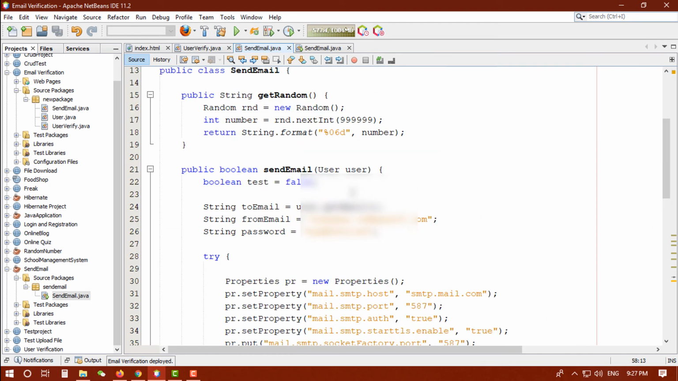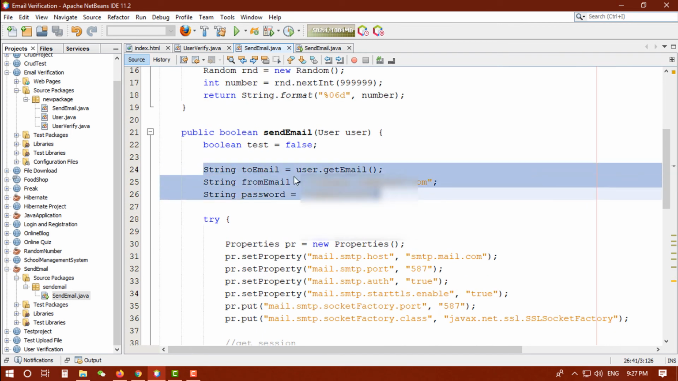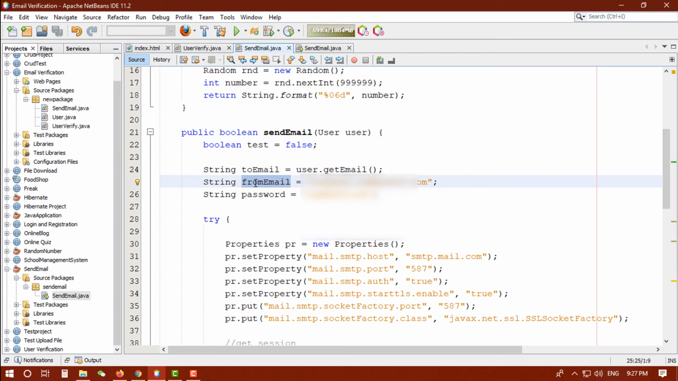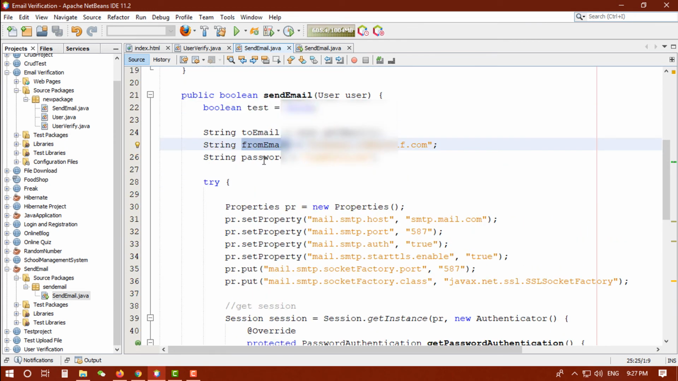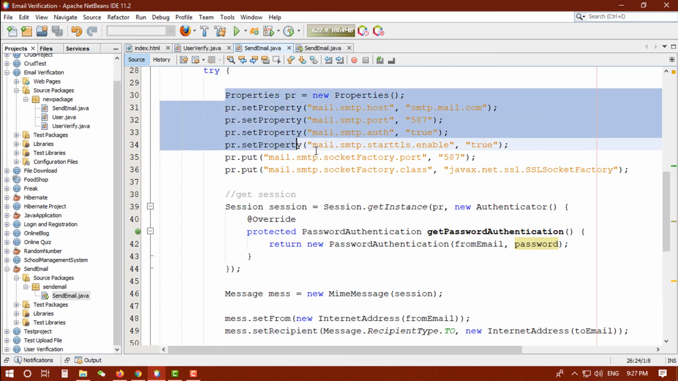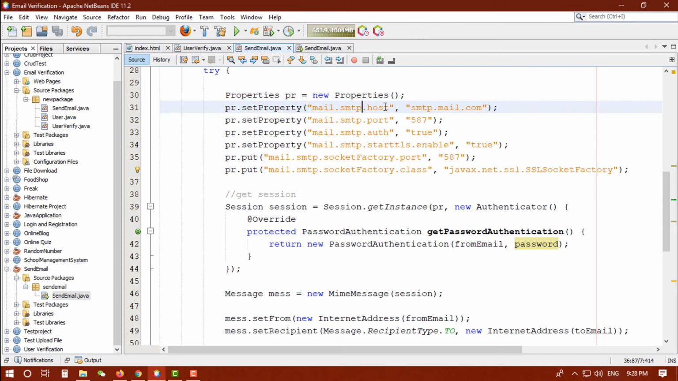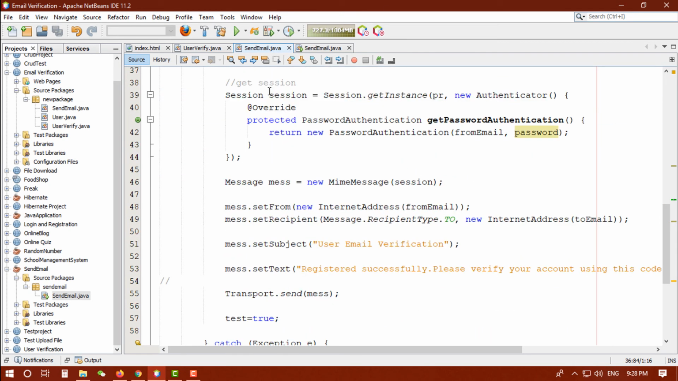So let me check it again. First of all, we set up our recipient email, sender email, and the password. Then we set our properties for our email provider: host, port, authentication, start TLS, and socket factory port, socket factory and SSL socket factory. Then we get a session from the mail API,